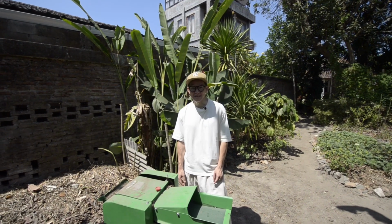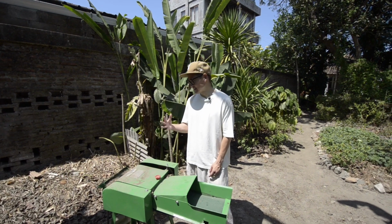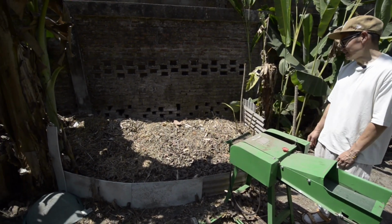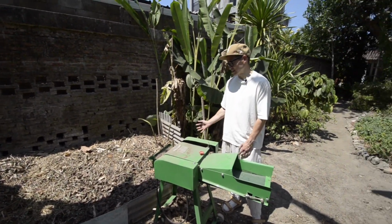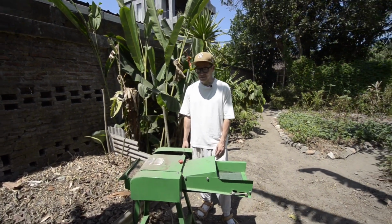So one of the key factors in protecting our soil is of course the mulch, and this is the area where we produce our mulch. We have a cutting machine and a mulch stock which we can use anytime if necessary. What's important